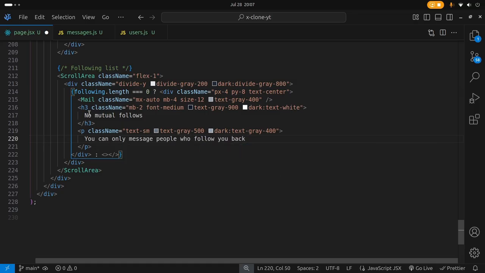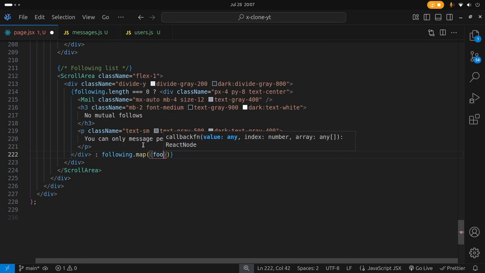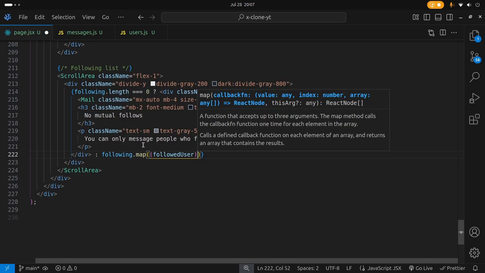And then that is going to be it for that. And now we can deal with our else here. So if the length is 0, then we are showing this div. Otherwise, we want to go ahead and map over the follower. So following dot map, and then for every followed user that we get back, we're going to go ahead and